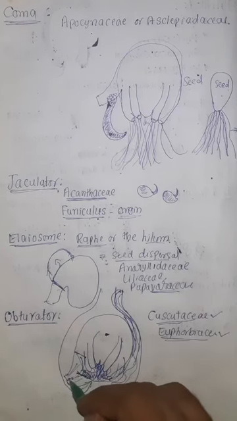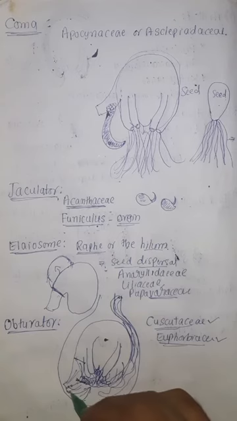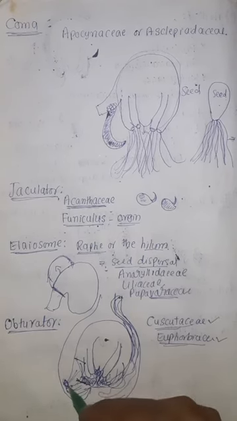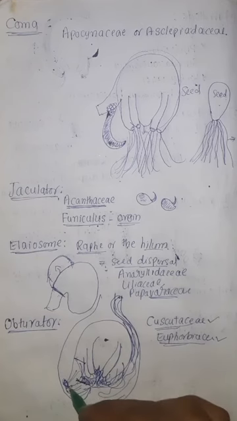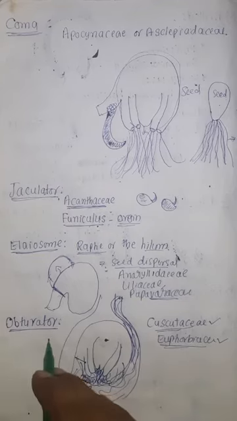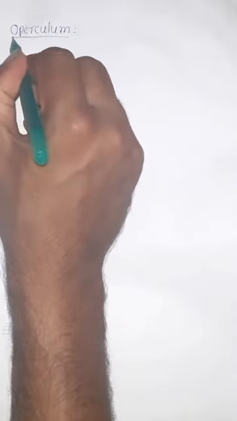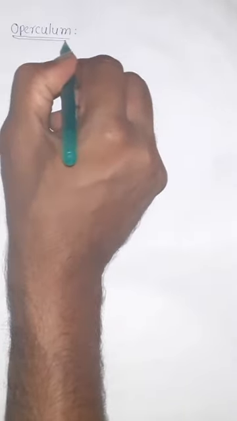Or, in the case of sessile ovules, it originates from the base of the ovule, where the hilum and placenta meet. From here in sessile ovules, the obturator originates from this point. Okay, this is all about the obturator. And here we forgot one more thing, that is the operculum. Usually the term operculum is used for a structure similar to a lid or a cap.